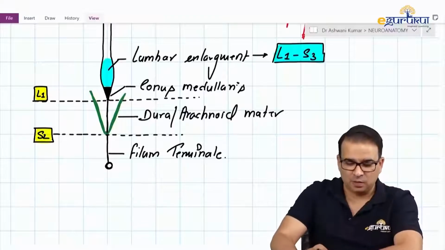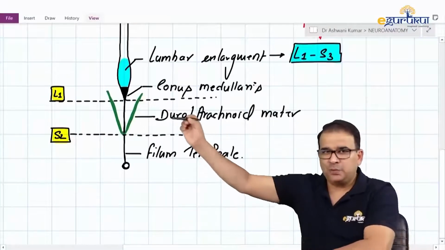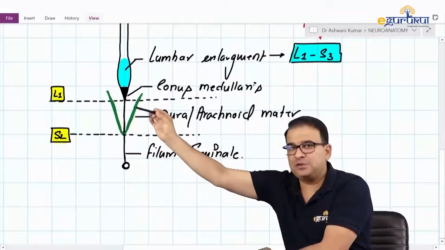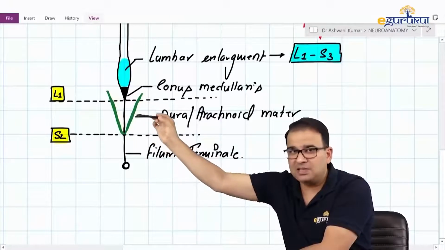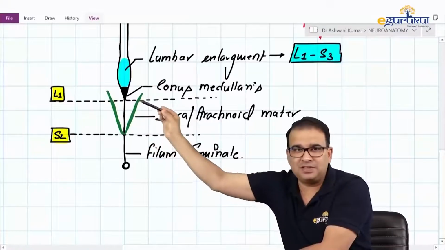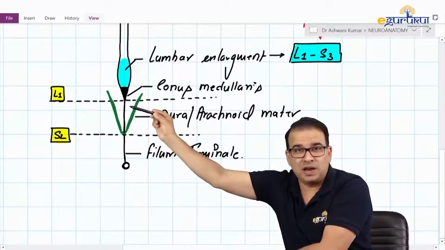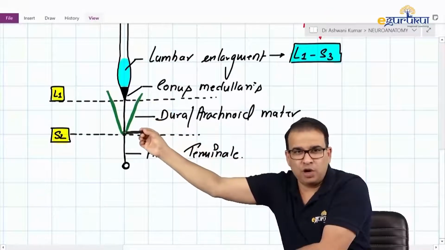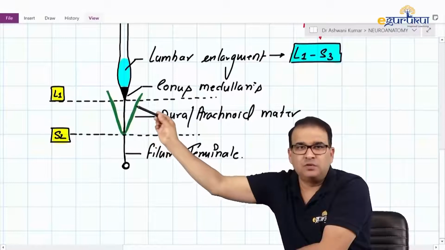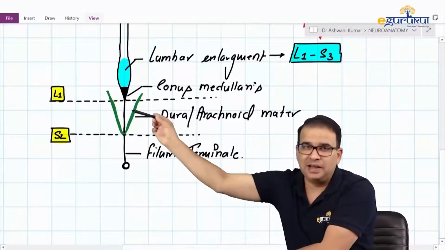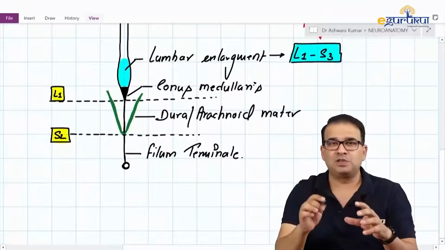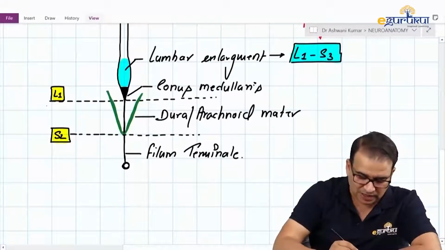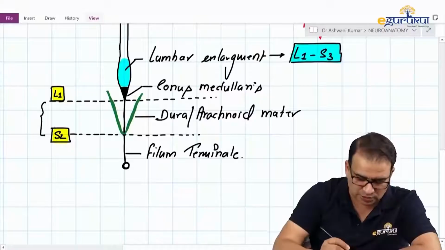The body of second sacral vertebra, which tells me that this portion of spinal cord, guys, look at this, the part which I'm pointing at right there. This is kind of safe zone for the spinal cord, because having meninges still here, that means we do have CSF in this region for sure, but there is no spinal cord. Spinal cord is ending there itself. So below L1 until the body of S2, I can use this region for the lumbar puncture. If I put a needle inside, thankfully there is no spinal cord which can be punctured, but we do have CSF because the meninges are extending till that level, and that's why between L1 to S2,